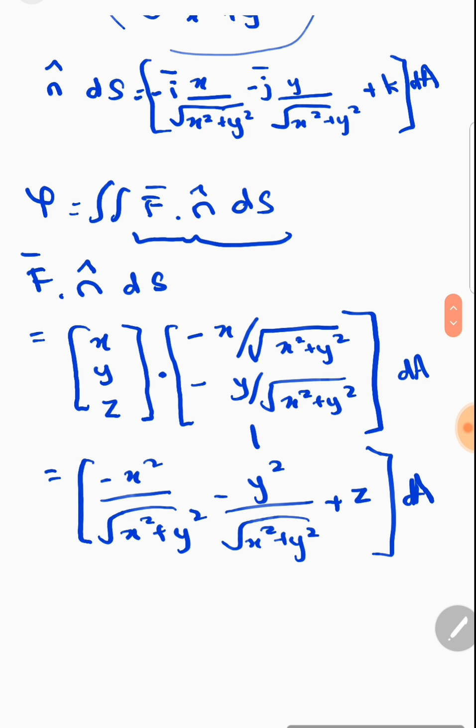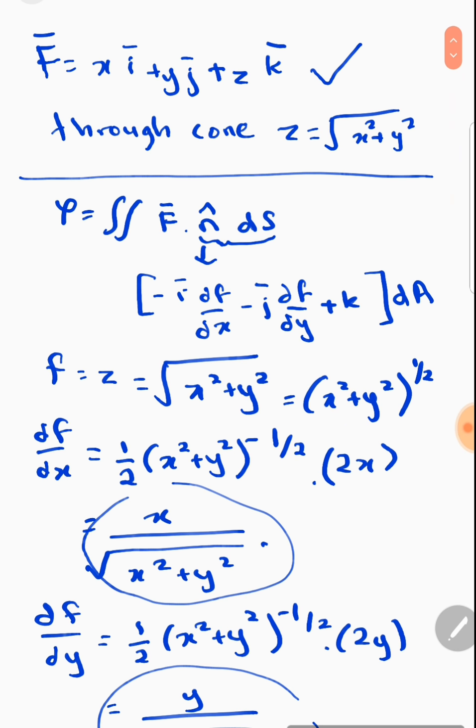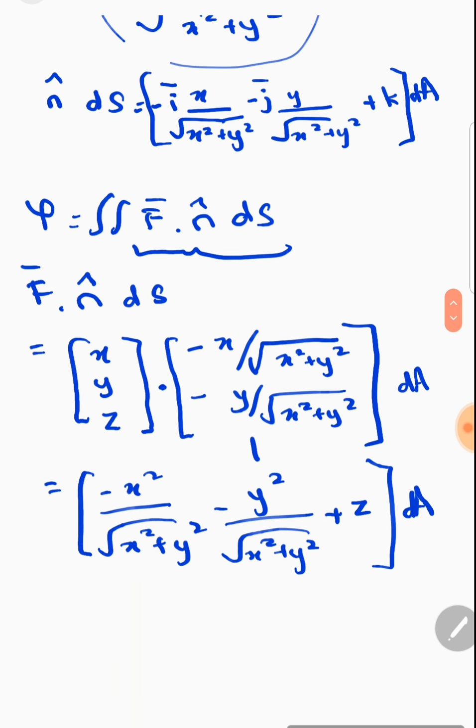Alright, and then from here, if you recall earlier, you have a z component here, isn't it? And do you recall what your z was earlier? Your z is actually here. Because your f is being expressed in terms of x and y equivalent. So now you see that you actually have a z here. So you can just replace this with its equivalent, which is the square root of x squared plus y squared. Alright? So if I just put this together,